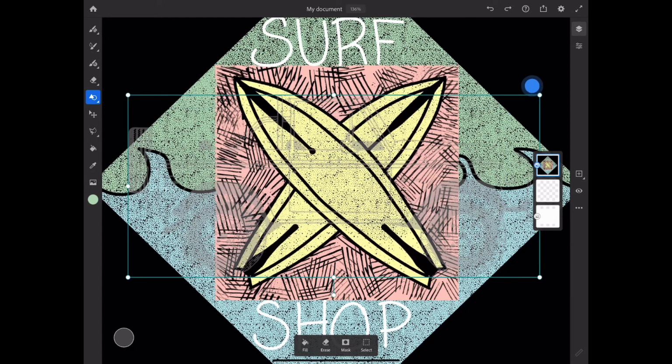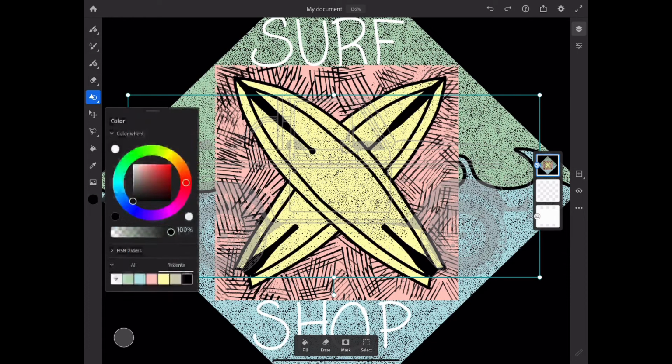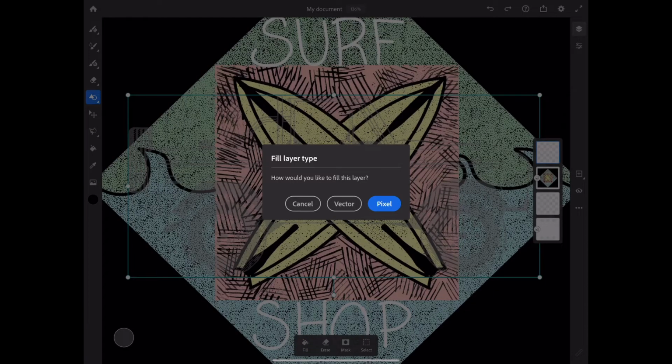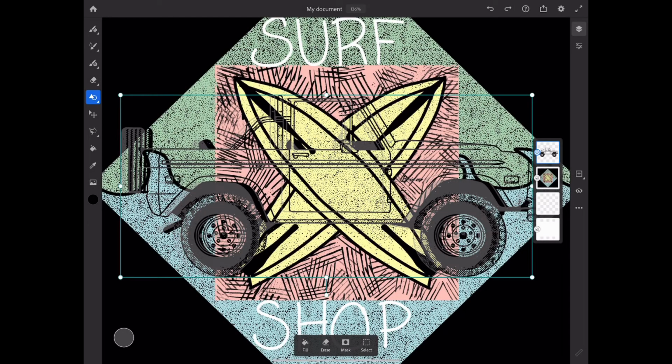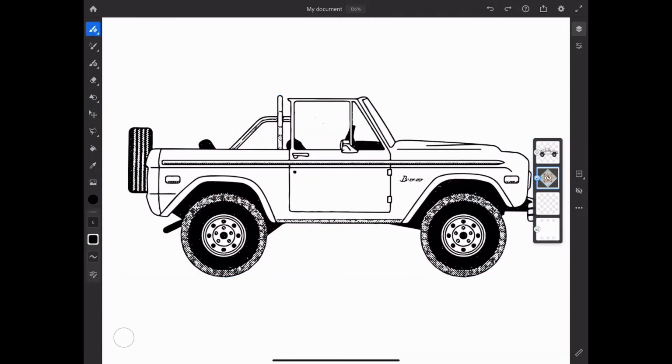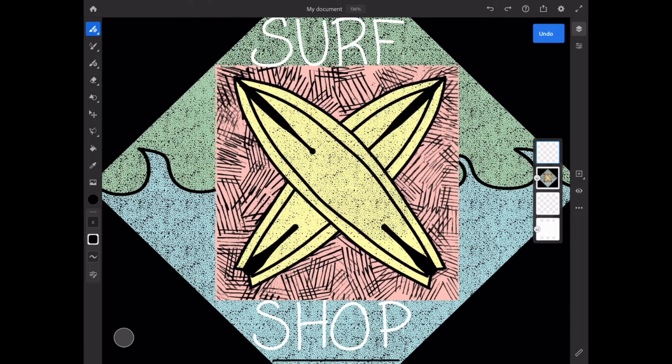And so if you see here, you probably can't see it. Let me make this black. I've got a very faint Bronco on my screen. I'm going to hit the plus button, and I'm just going to choose Fill, make it a pixel layer, and you can see it has given me a Ford Bronco, and I didn't really have to do anything, which is pretty neat. So we're going to undo that because that's a little advanced for this,